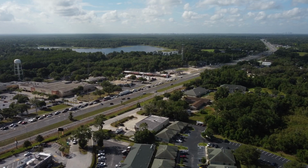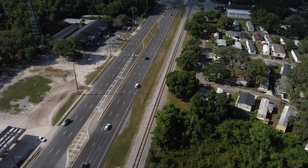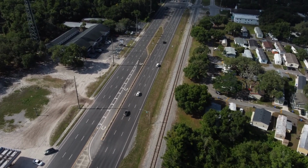Our clients choose Lutz in Hillsborough County a lot because of the public schools. You can go to this cluster of schools, Steinbrenner High, Martinez, and McKittrick. I always get mixed up if Martinez is elementary or McKittrick is elementary, but those are the names. They're all in one like big campus right there on the corner of Lutz Lake Fern Road and Veterans Expressway. There's quite a few neighborhoods right there that go to those schools. Even if you're on the other side of Veterans, you're actually in Odessa, some of those neighborhoods also go to